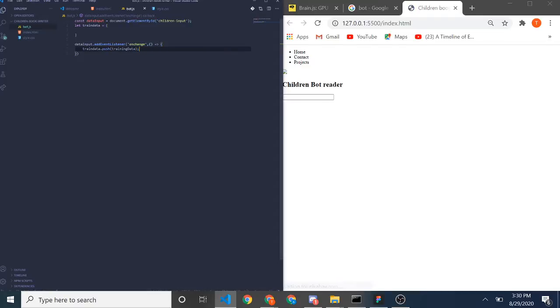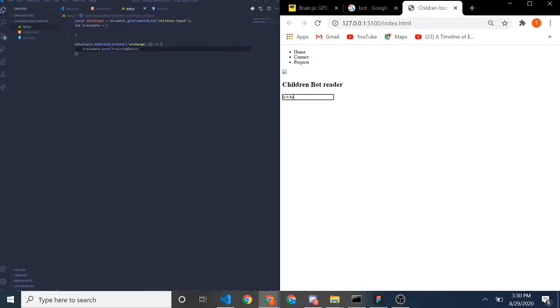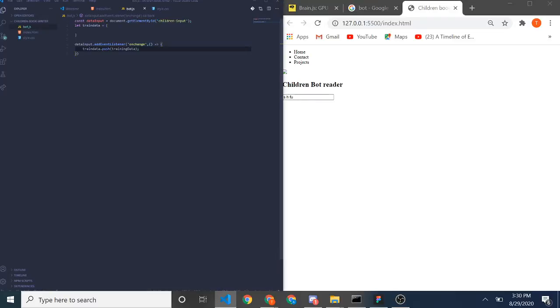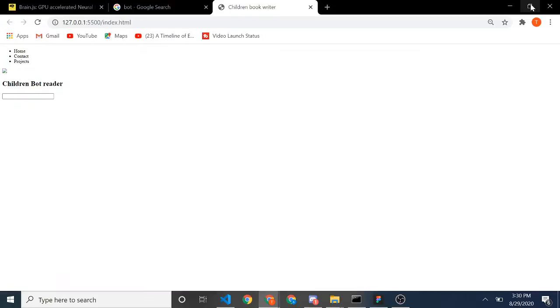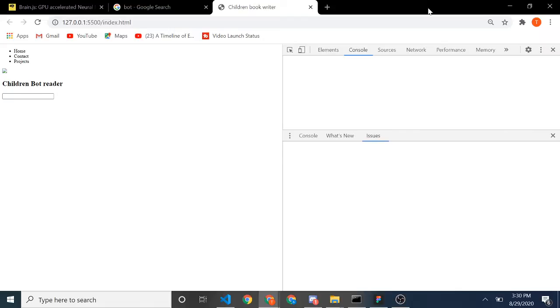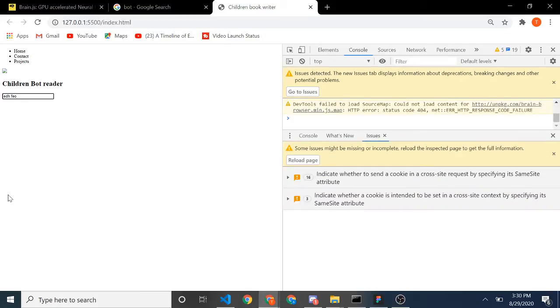Like so. Even if we're going to put our array, for a final touch, we're going to console.log the training data, and you should see something like this pop up. So once you have appended it and you're getting ready, let's open our console and start typing with this. And you can see that